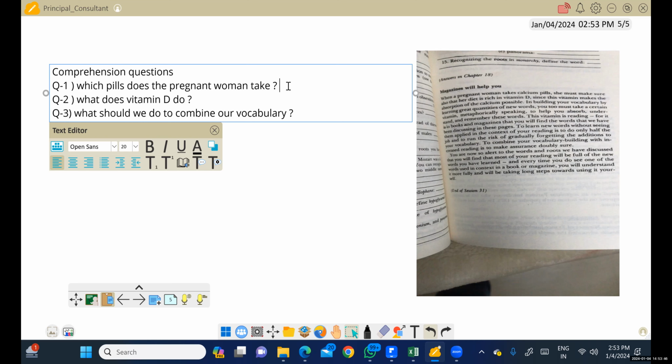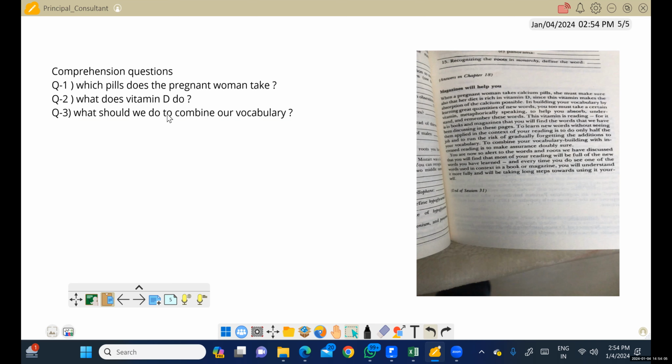You cannot just see here. Now, understand. Here it said what does the pregnant woman take. Here it can be just one word answer because there's nothing more that I can see. What does vitamin D do? It helps you in absorption of calcium. We cannot give any more answer. But here,